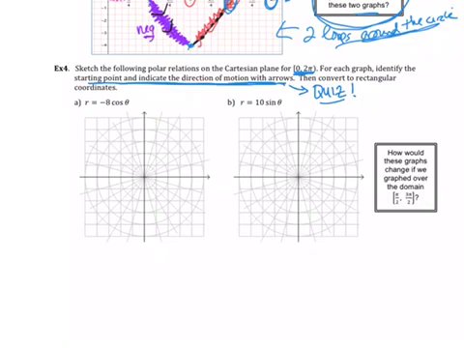So let's see here. It says r equals negative cosine theta. So I'm hoping some of you right away could go right to the rectangular equation for that, right? So you could just tell me what that